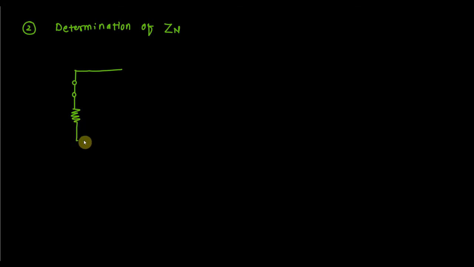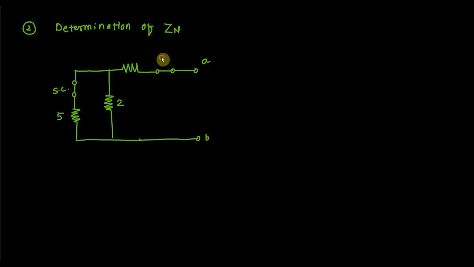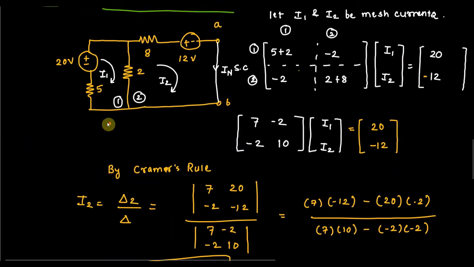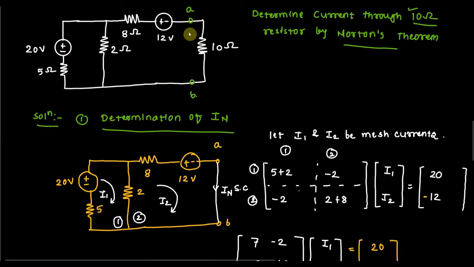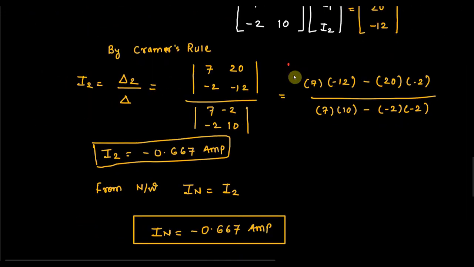Then here we have a resistance whose value is 5 ohms. This is a short circuit. Then here we have one more resistance whose value is 2 ohms, then an 8 ohm resistor, and then one source of 12 volt, which will be replaced by a short circuit. This is your B terminal, this is your A terminal, this is a short circuit, and this will be 8. So by using this circuit, I have made these two short circuits, and you have to see the network from AB.